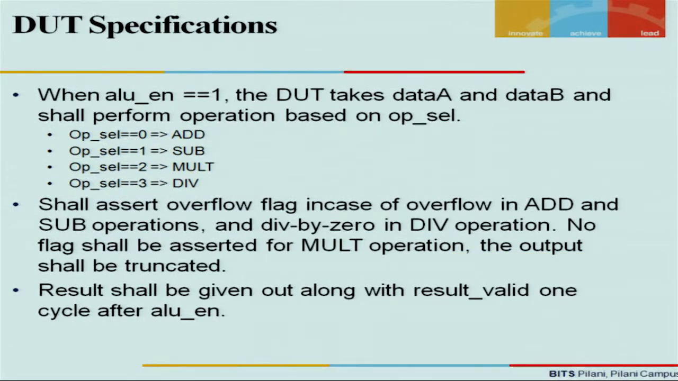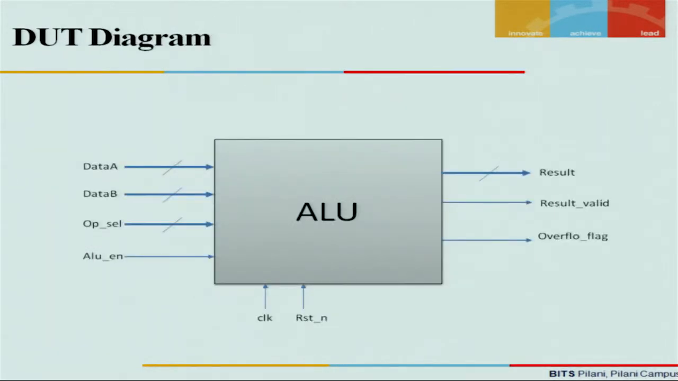And in the cycle when ALU enable is asserted, the DUT shall assert result valid in the next cycle. That is a condition on the DUT to perform any kind of operation, whether it be addition, subtraction, multiplication, or division. Any operation shall be completed within one cycle, and result valid shall be asserted at the passage of the next clock. So if we go through the wires once again after understanding the specifications,